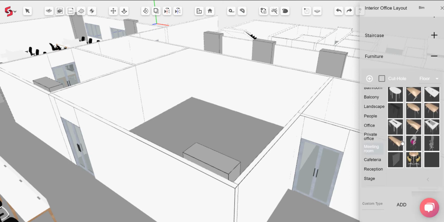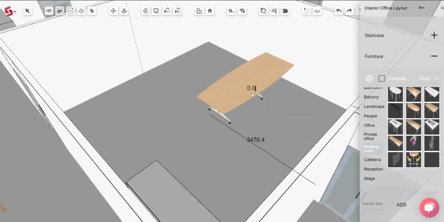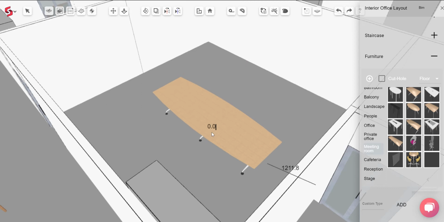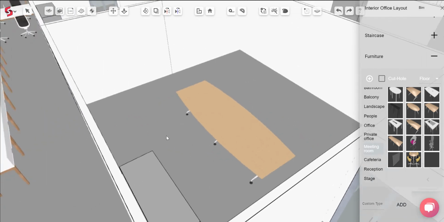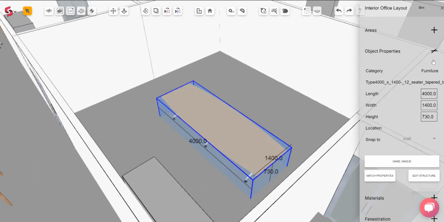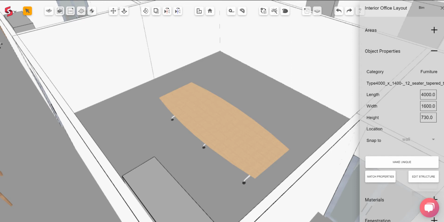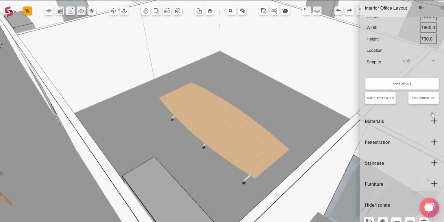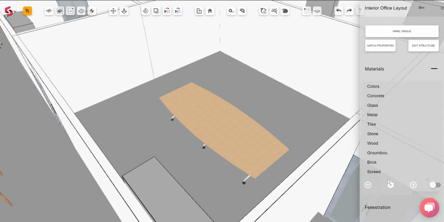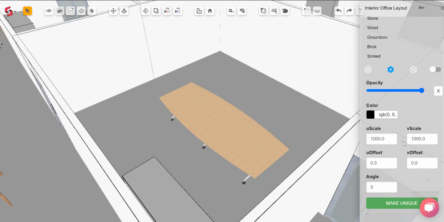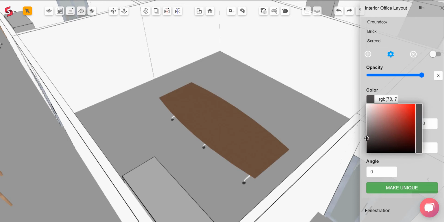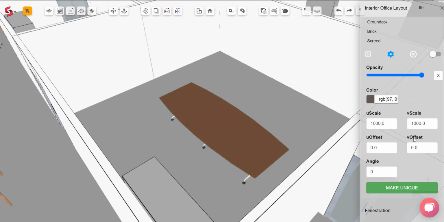As you can see, the furniture is organized as per the type of family they belong to in terms of the material and the style. Let's select the table, go into Object Properties, and let's edit the length and breadth of the table. As you can see, editing the sizes in the 3D view helps us visualize the changes that are being made more easily. Go into the Materials tab, select the Edit Material icon, and then select the material you want to edit. And under the Color tab, we can go ahead and select any color. You can also change the scale of the material.